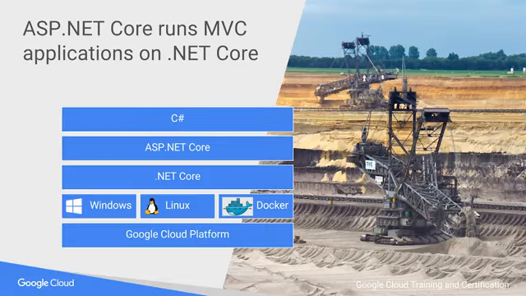Similarly, you'll find that ASP.NET Core offers a familiar environment for ASP.NET MVC developers with the ability to run on Internet Information Services on Windows operating systems. However, ASP.NET Core web applications will also run unchanged on low-cost Linux instances that are available on Google Compute Engine. And with Microsoft's available Docker-based image for .NET Core on Google Container Engine as well. We'll see the details on how to do this later on in the module.